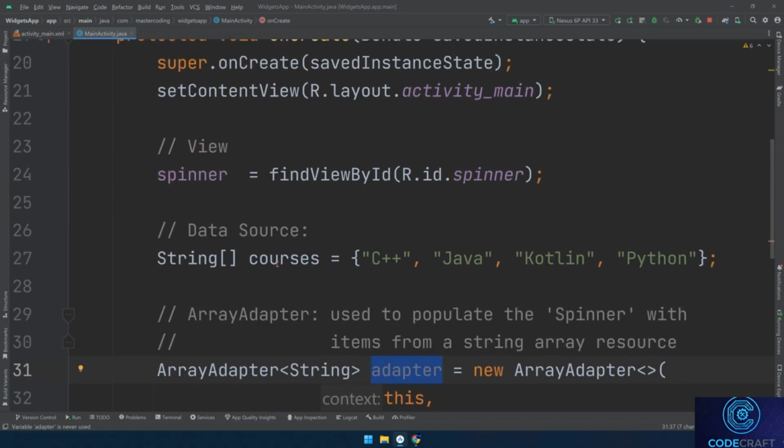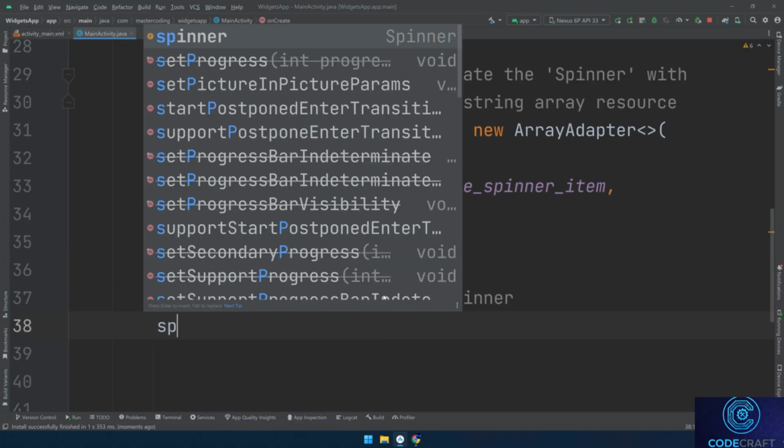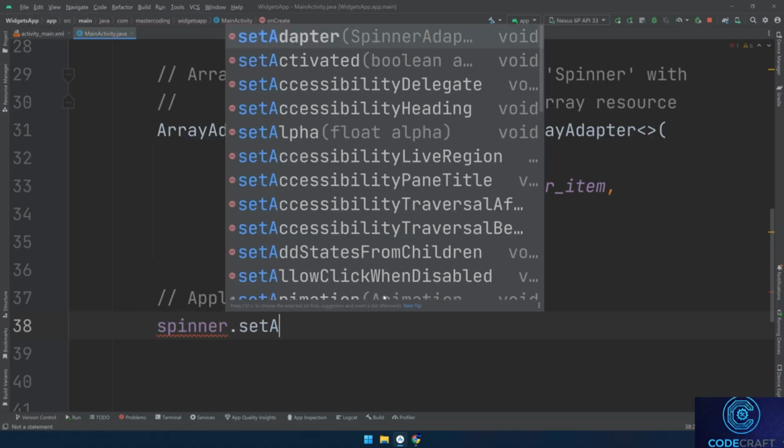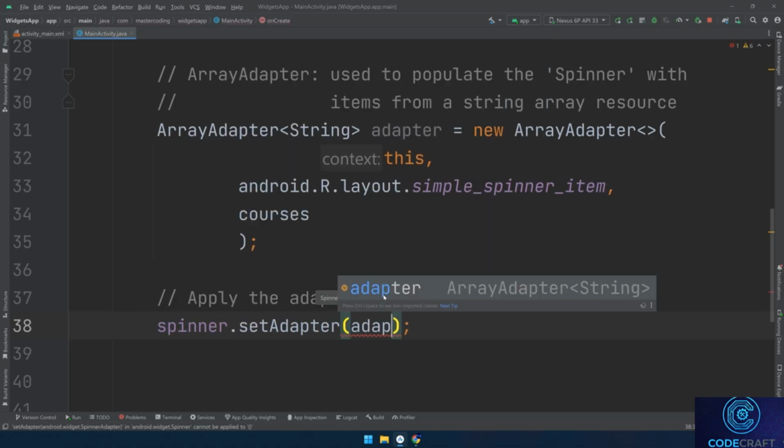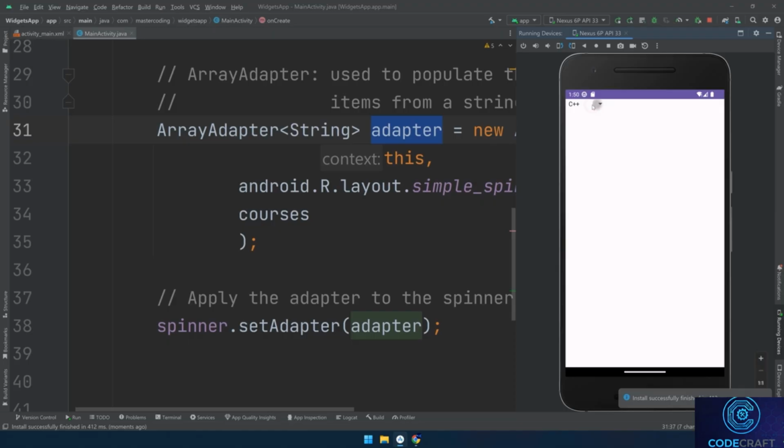It's acting as a bridge between the data source and the view. It will supply the view with the data from the data source. The last step is to apply the adapter to the spinner. I'll use spinner.setAdapter, and I'll specify the adapter instance that I created before. Run the application, and congratulations, this is our spinner. You can see the items: Java, Python, Kotlin,